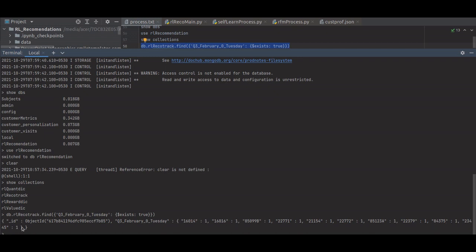So you have an updated dictionary of 111 for each of them, because here we are tracking these products which were recommended. If you go to other things like the value dictionary, you will get the updated value. I would suggest you try out these different values in different collections and check those values.